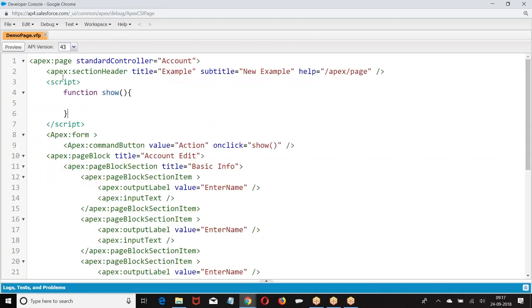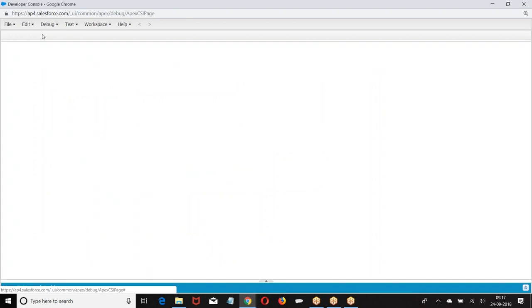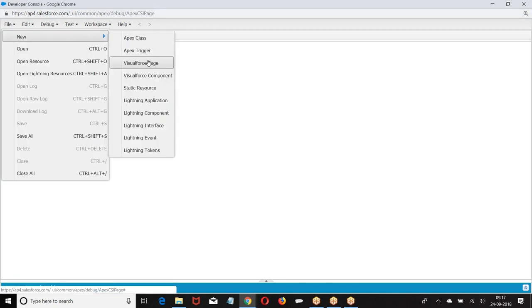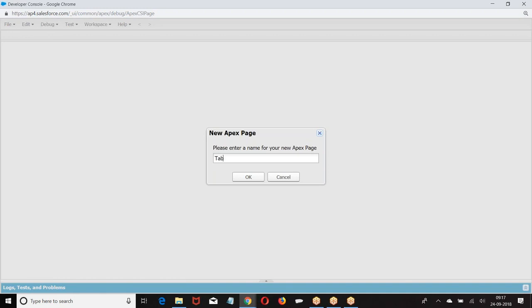I can add multiple tabs to a single application, or a single tab can be added to multiple applications. Object will be one, tab will be one, but the same tab I can use in multiple applications. That's what I am trying to tell you.